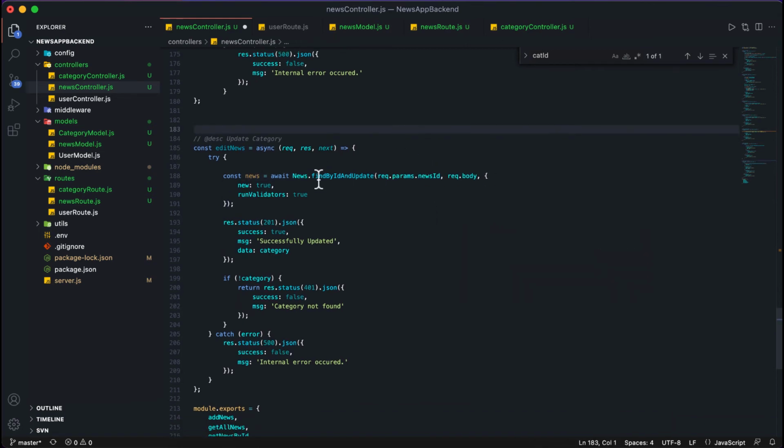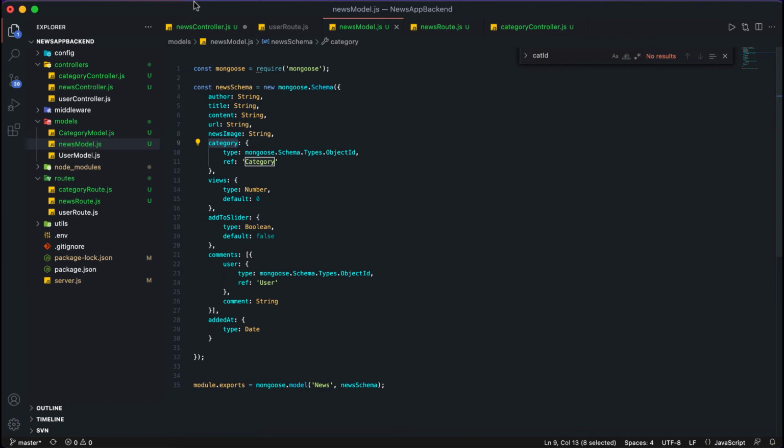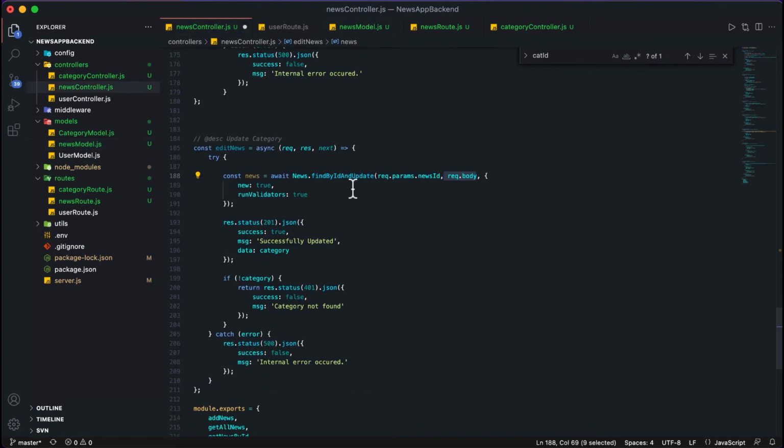So here we are finding the news by id and will update. We are passing the news id to find the news, then we are passing the object, means whatever will be in the body. Let's suppose we are updating the title, then it will check that particular news and update the title. So whatever properties we pass, if they are present over here, then it will update them.